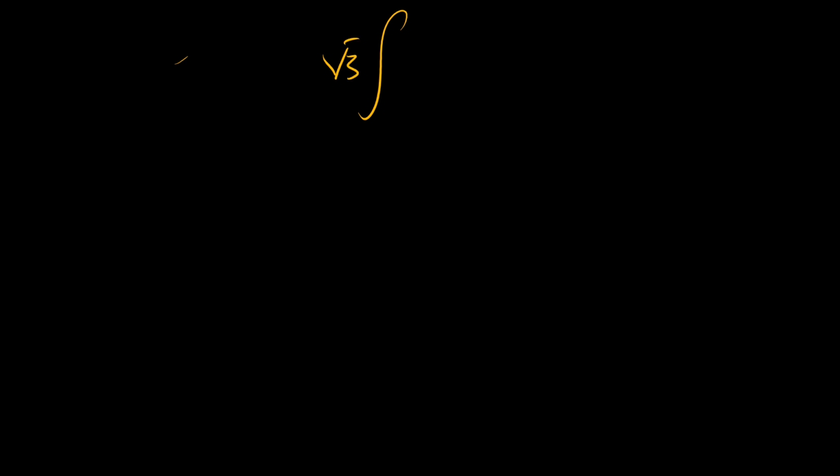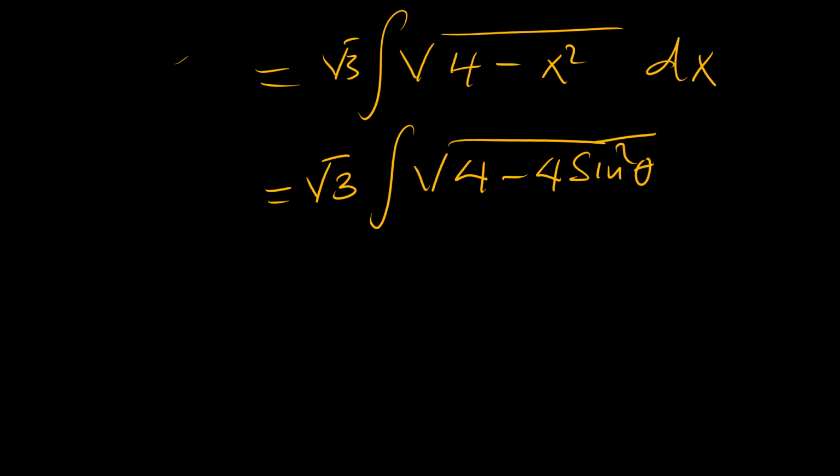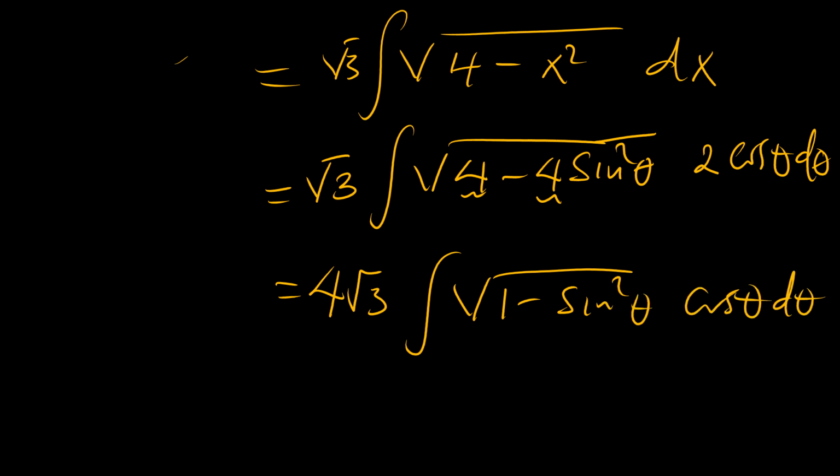So given that we have our problem as that, then it becomes root 3, the integral of the square root of 4, x becomes 2 sine, so it becomes 4 sine squared theta, and the dx we found to be 2 cosine theta d theta. So pulling the square root of 4 out and also this 2, we come to 4 root 3 times the integral of the square root of 1 minus sine squared theta times cosine theta. So 1 minus sine squared theta is cosine squared theta, square root becomes cosine theta,